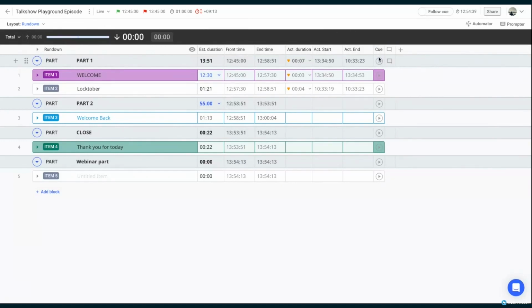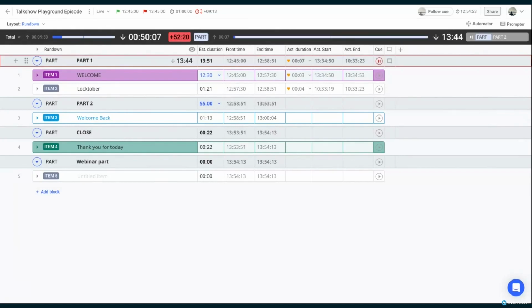So how do we do that? We have a new queuing column here at the back, but again, you can grab that column, put it somewhere else closer to the front if you like that. And in our queuing column, we have our play buttons. So if I want to start my show, I can click my first play button, and we now see here